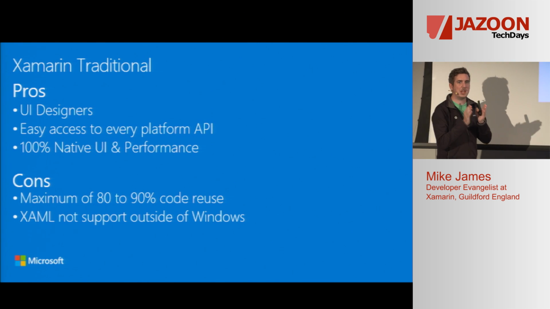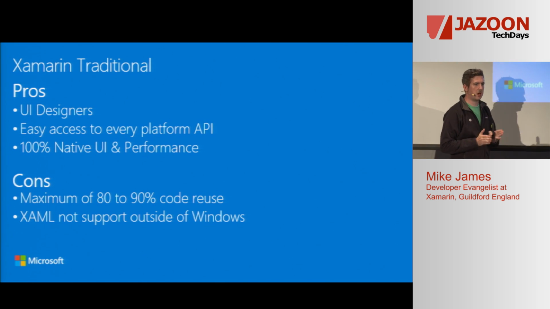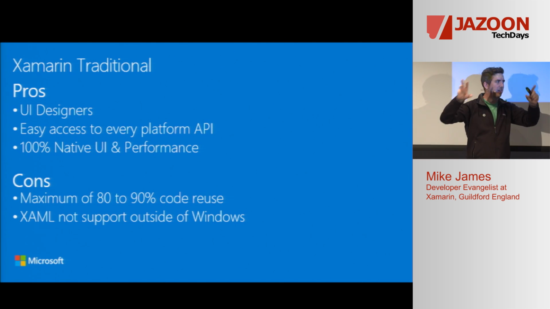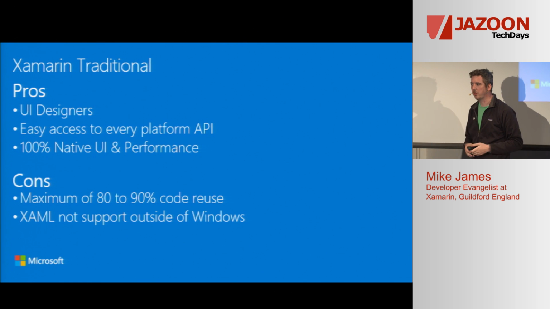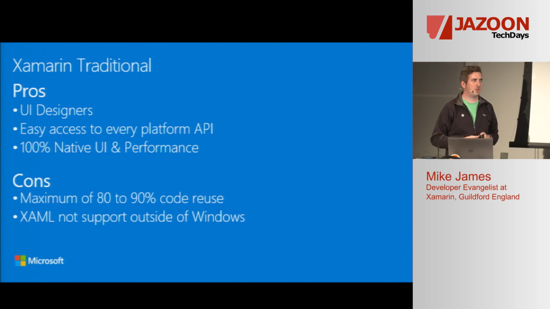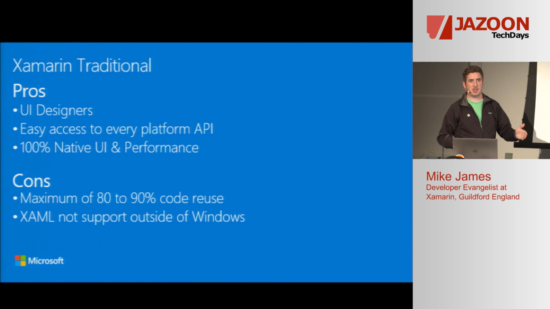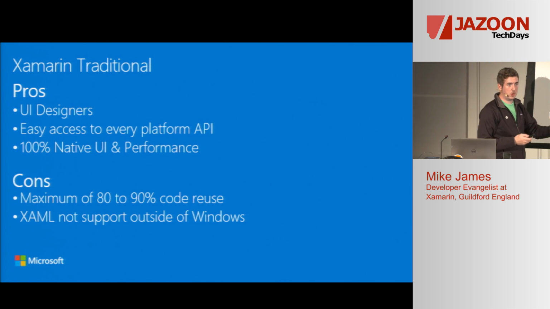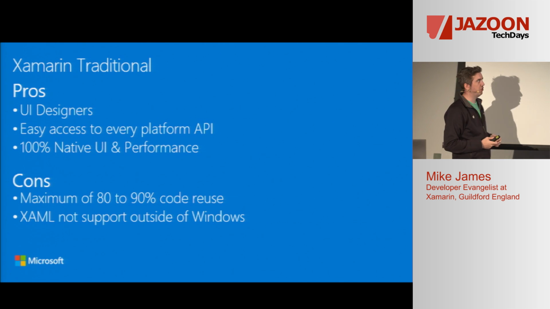Because when you hit the limitations of Xamarin.Forms and you're like, I want to customize this, I don't like the way the buttons look or the navigation bar looks, or I want to change the fonts for the whole application, you're going to need to drop down into platform-specific APIs. And that's just developing your code in this traditional way. So I want to show you very quickly traditional.